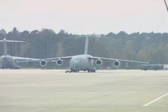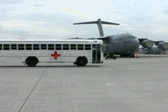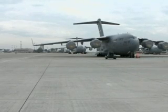When an aircraft carrying wounded warriors arrives at Ramstein Air Base, members of the 86th Contingency Aeromedical Staging Facility, or CASF, get them off the plane and take them to get medical attention. We are responsible for all of EUCOM, so pretty much anything over in the European Command, we transport those patients. They could be active duty military, they could be dependents, retirees, and even possibly DOD, and we also transport coalition